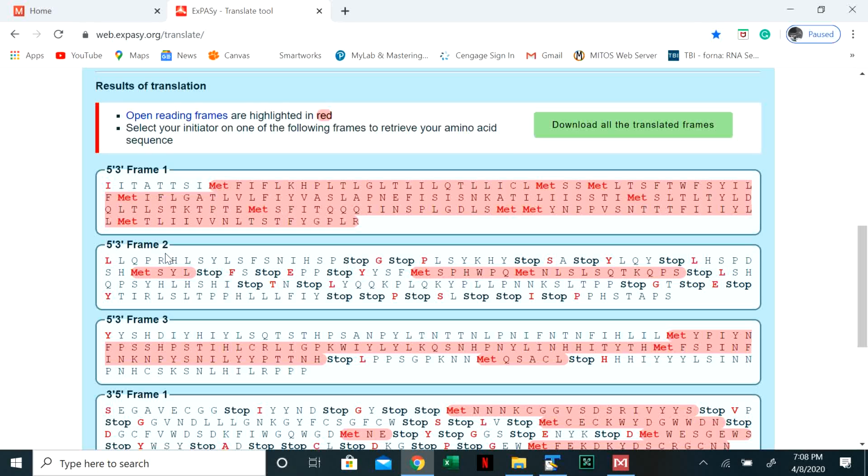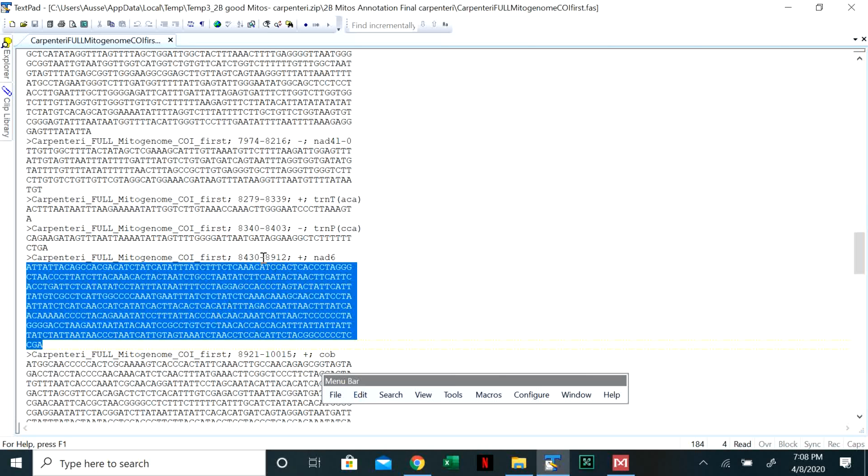So when we look at the reading frames, what we see is here we have a highlighted region with no stop codon, meaning that it's not completely finished. Then we'll have to find that stop codon, but we do see that this is a solid gene. So now I normally recommend finding your stop codon first. So we're first going to go back to the FASTA file, and we're going to see that NAD6 ended at